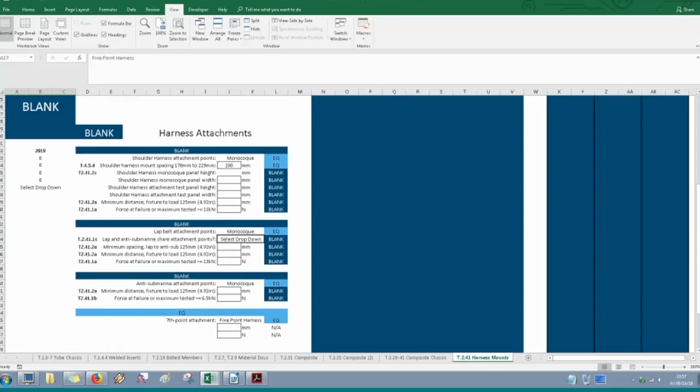And what you're going to need to enter in is the dimension of the test panel for the shoulder harness, and that cannot be bigger than the actual cross-section that's taken out of the car. So it can't be wider or it can't be longer than that panel. And then it also needs a minimum distance to the fixture, and that's common to all of these tests. And that also means that if the lap belt and the anti-submarine belt are sharing an attachment, if both of those belts are hooked into the same hook, the requirement